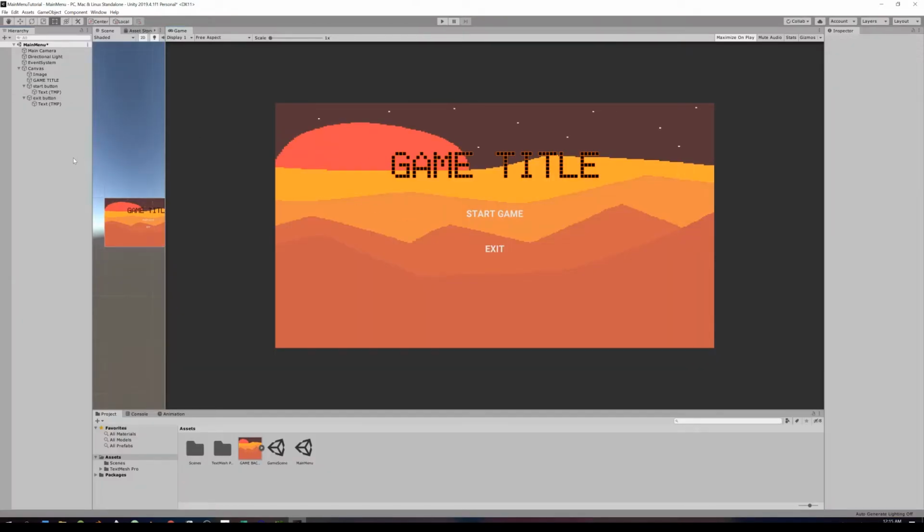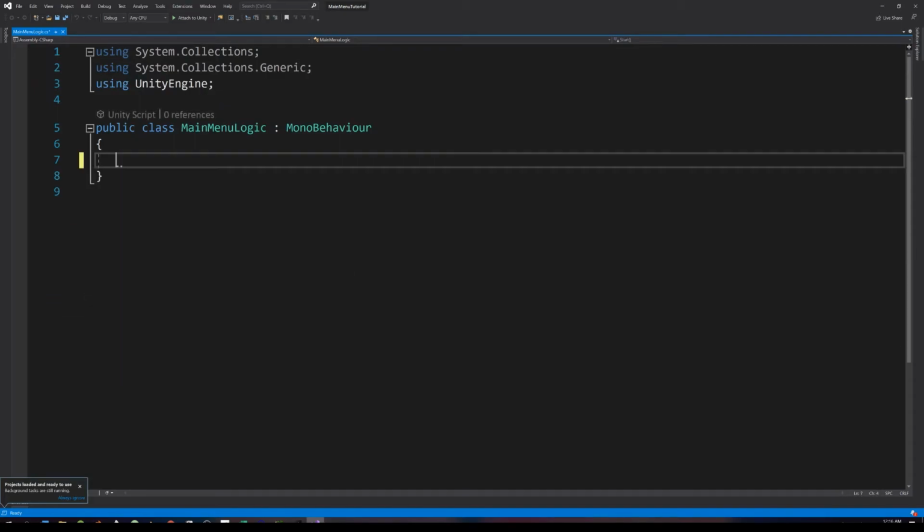One more thing to do is we want to have these buttons do something. So in order to do that, we'll create an empty game object, call it game manager, and here we'll add a script, and we'll call this script main menu logic. We open the script, and we don't need those, we just need two methods. We'll call public void launch game